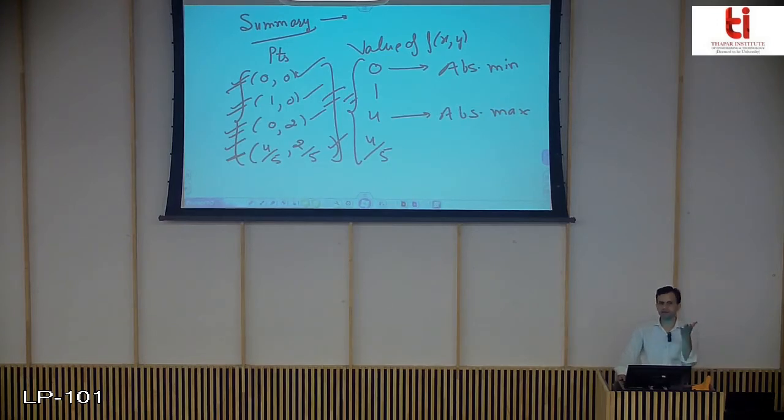A saddle point is a point where it is a local maxima for some values and a local minima for other values. Okay, so that point can't be counted as absolute maxima or absolute minima. And since the function is continuous on a closed interval, it will definitely have absolute maxima and minima. So that will be some other point where the function will have maxima or minima. That is why we do not apply the second derivative test here.